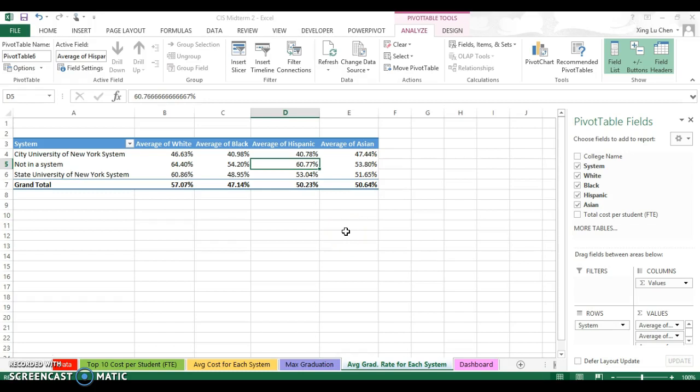The pivot table I create is about the average of graduation rates in different systems. I drag system to the row and Black, White, Hispanic, Asian to the value section and display them in average. For example, the cell C6 represents the average graduation rate of Black students in SUNY. In the last row, we can see the average of all three systems. Okay, finally, in the last sheet,